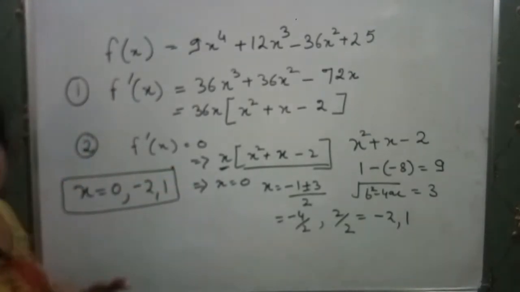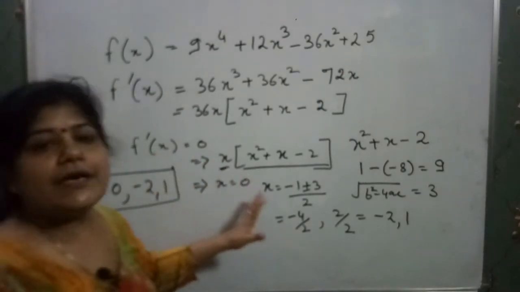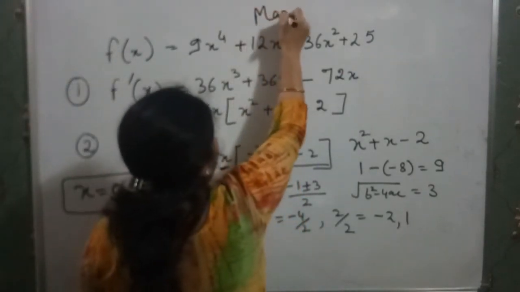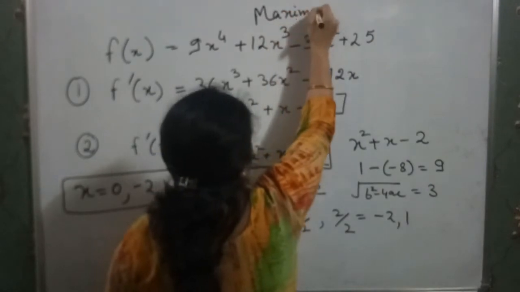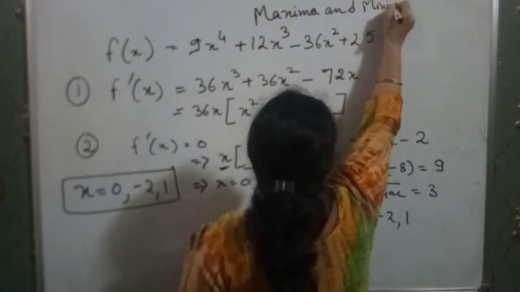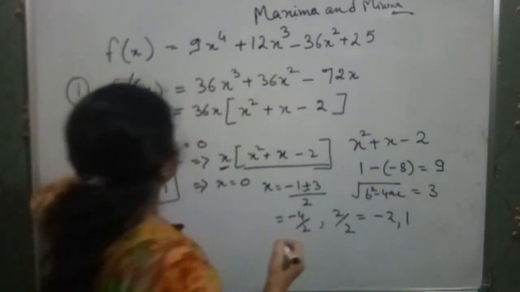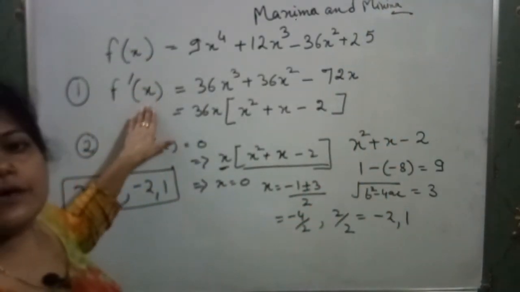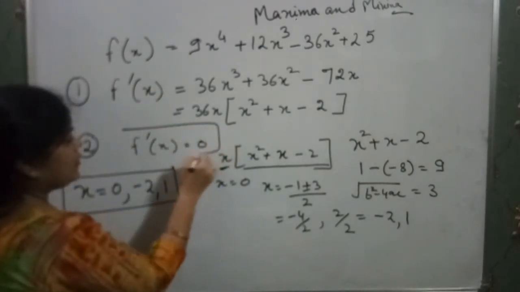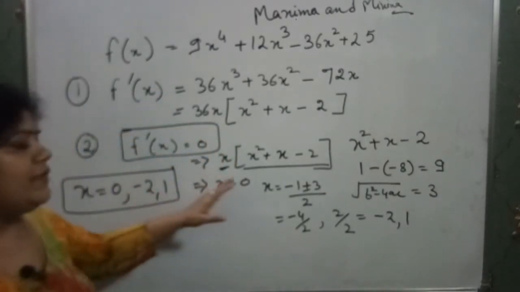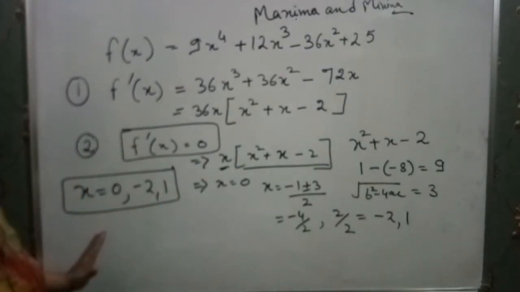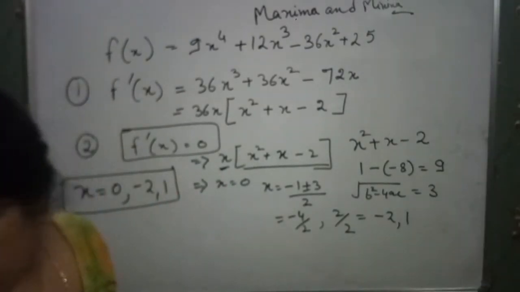Now the third step. I think you understand the two steps. We have to find the maxima and minima values for any function. Clear? Firstly, you have to differentiate the equation. After that, put that equation equal to 0 and find the different values of x. Now put these values aside. Now the next step, what you have to do,